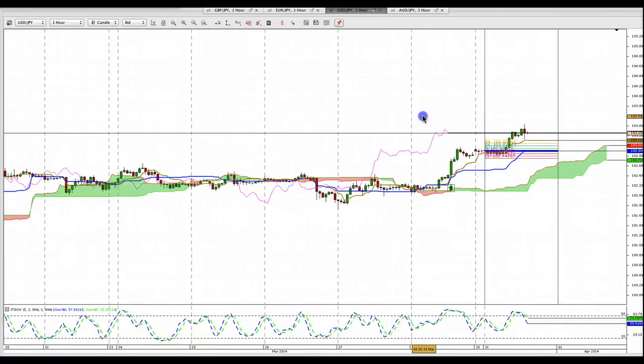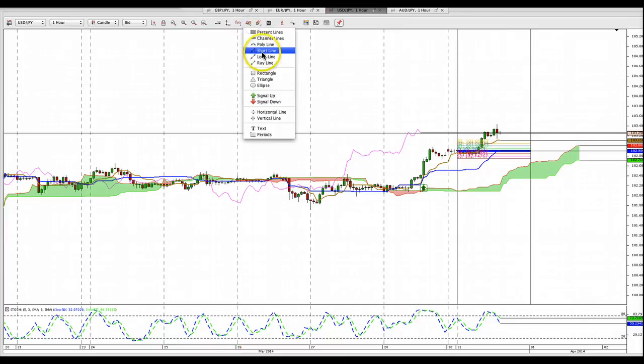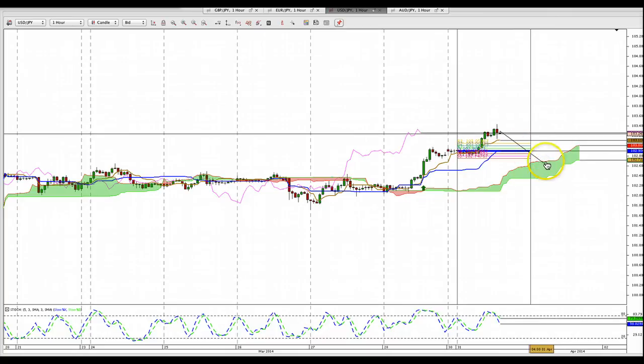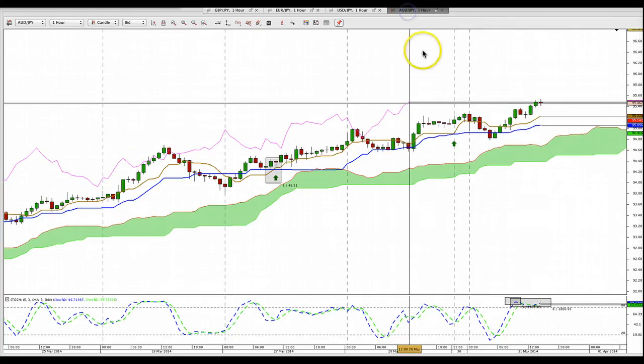We'll start looking for any kind of a retracement. We're looking to buy. Now, tomorrow is Tuesday. Tuesdays are usually turnaround days, or retracement days. So hopefully the market will retrace tomorrow, and then we'll start looking for buying opportunities for Wednesday. So normally what the markets do is they take a direction, and then on Tuesday they go in the opposite direction, and then Wednesday they resume their trend. And that's what we're looking for. We're looking for a retracement to buy the USD yen, also the Aussie yen,